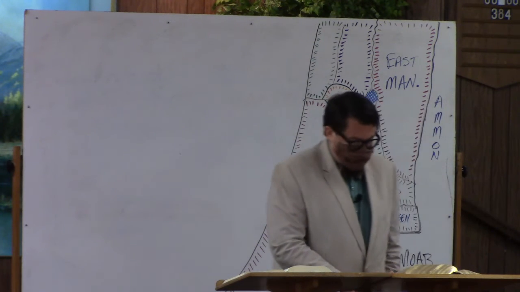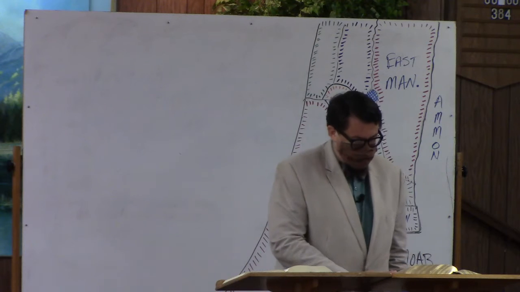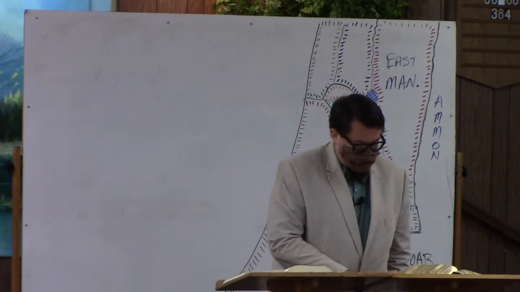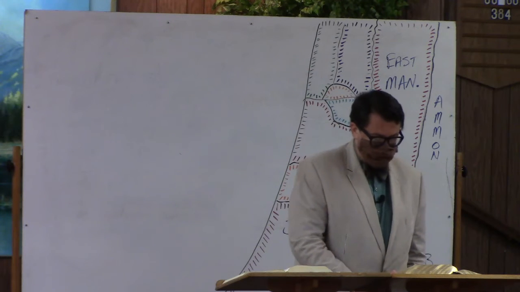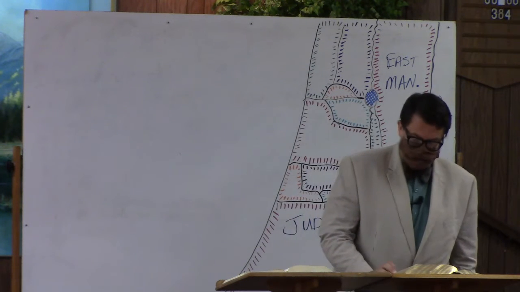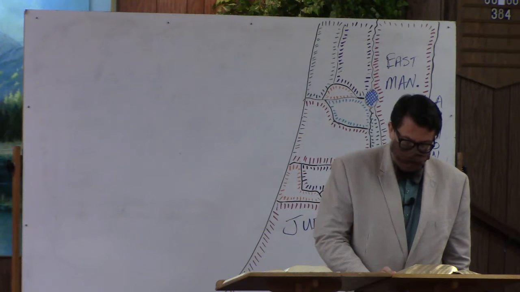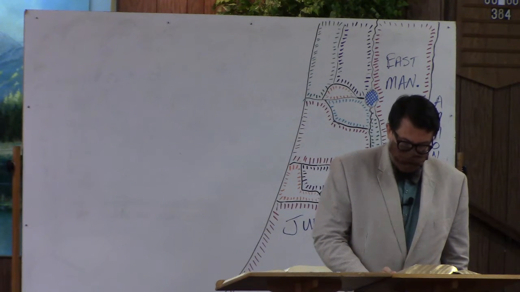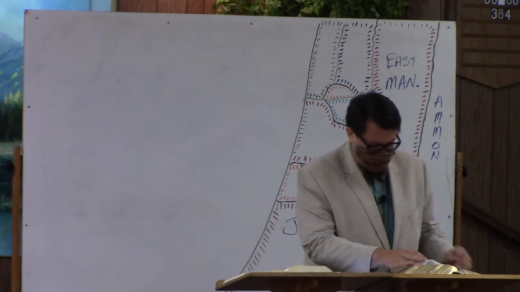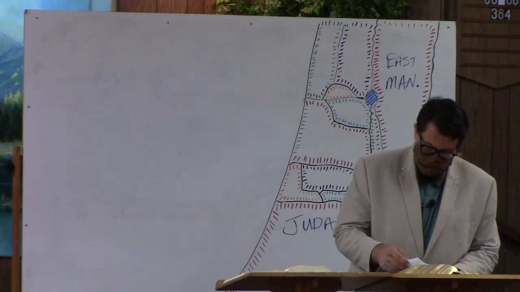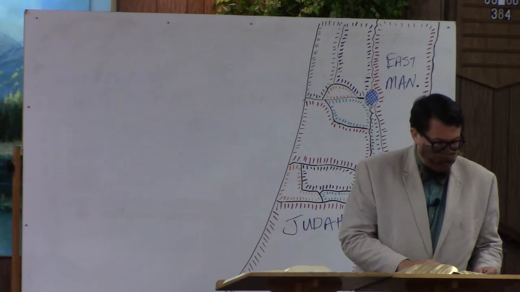Then the boundary extends from the top of the mountain to the spring of the waters of Nephtoah, from there to the cities of Mount Ephron. Then the boundary bends around to Baalah, that is Kiriath Jearim, and the boundary circles west of Baalah to Mount Seir, passes along to the northern shoulder of Mount Jearim, that is Chesalon, and goes down to Beth Shemesh